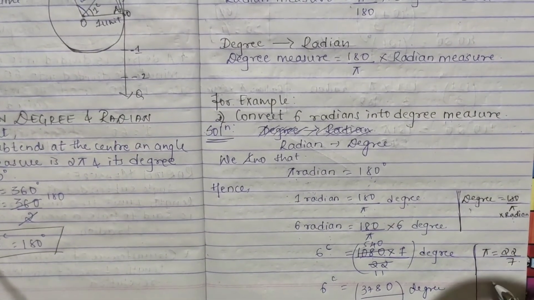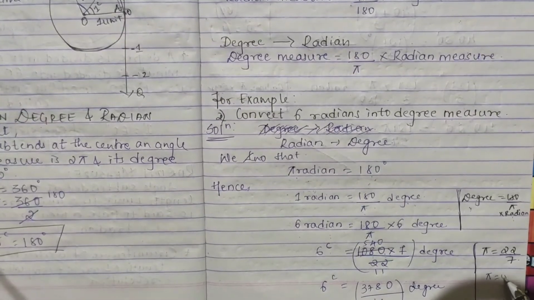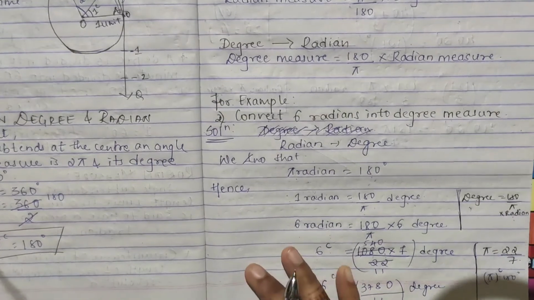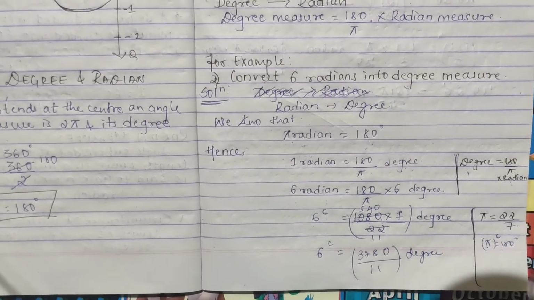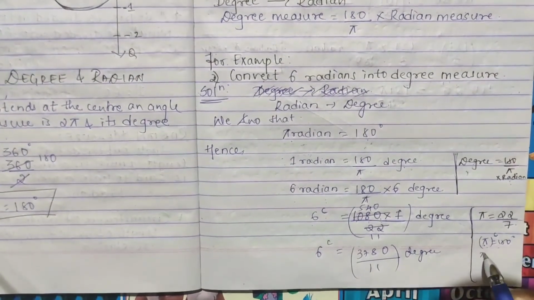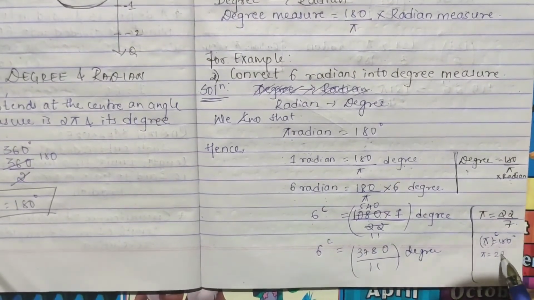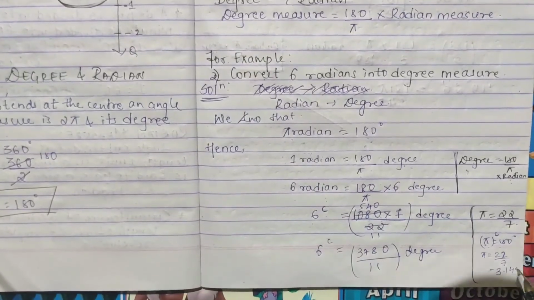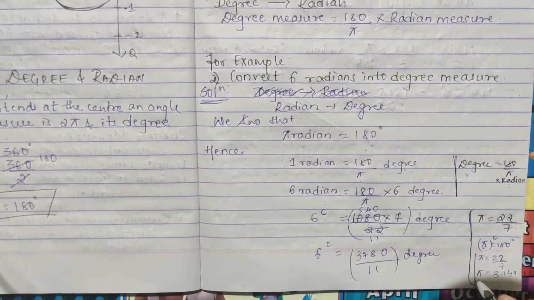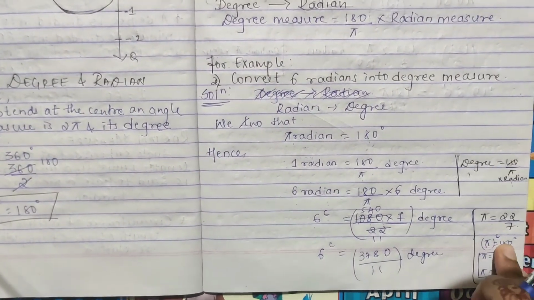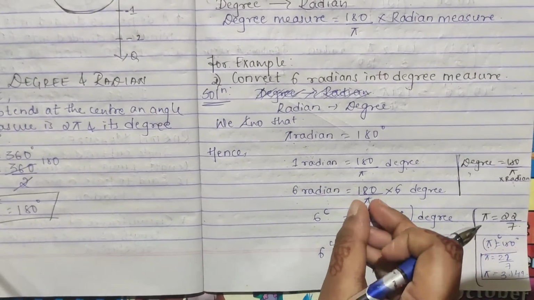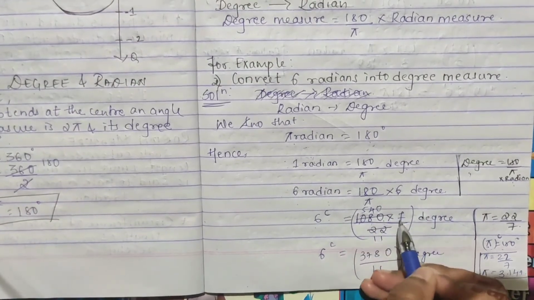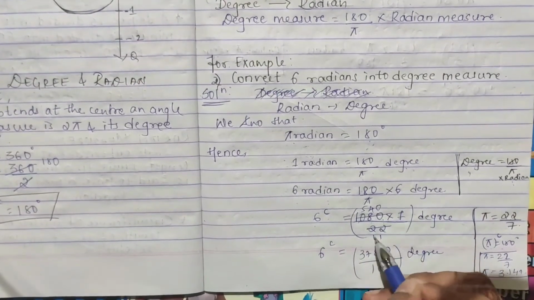Don't get confused and tell me, ma'am, pi is equal to 180 degree. I have said, pi radian is 180 degree. This is pi radian is 180 degree. The actual pi value is 22 by 7, and in decimal it is 3.14 and so on. So this is our pi value. Pi radian is 180 degree. Here the pi value is 22 by 7, so if I write 22 by 7, the 7 goes to the other side, up, so 7 by 22.